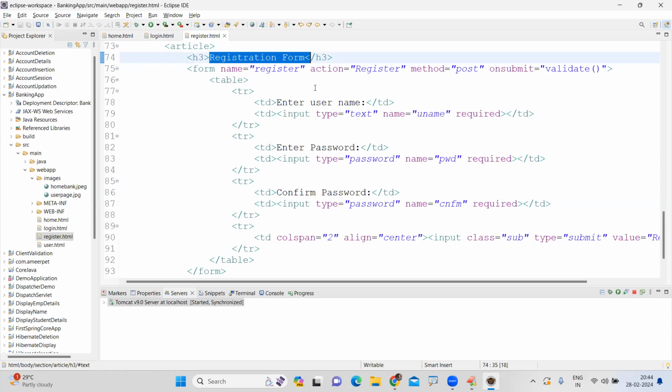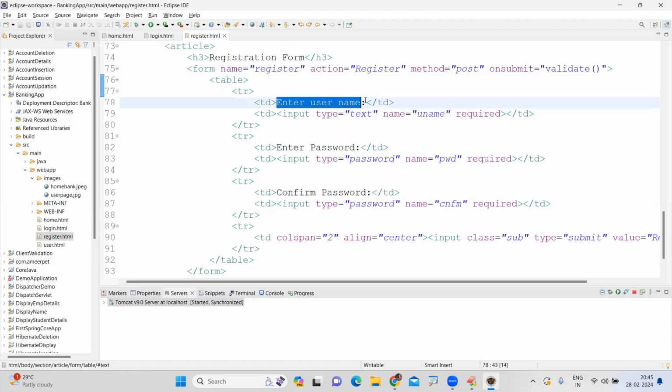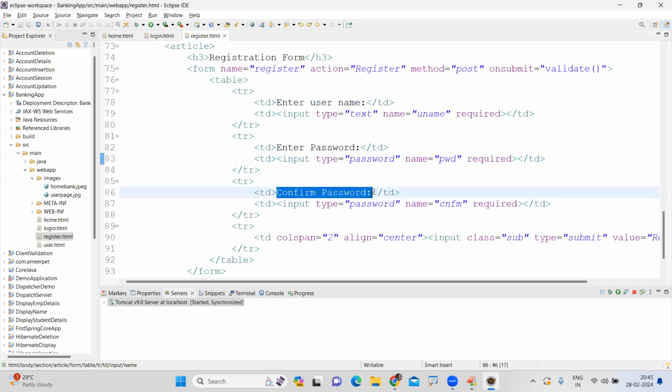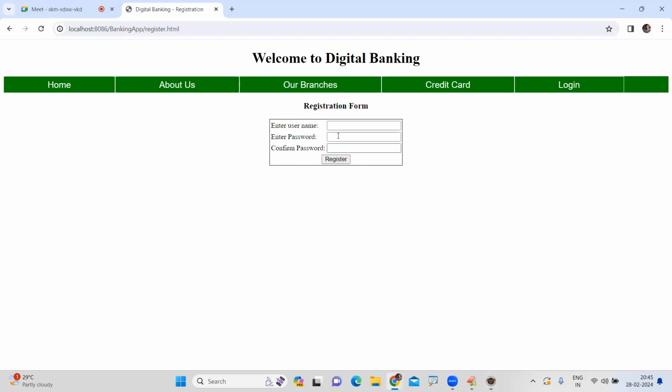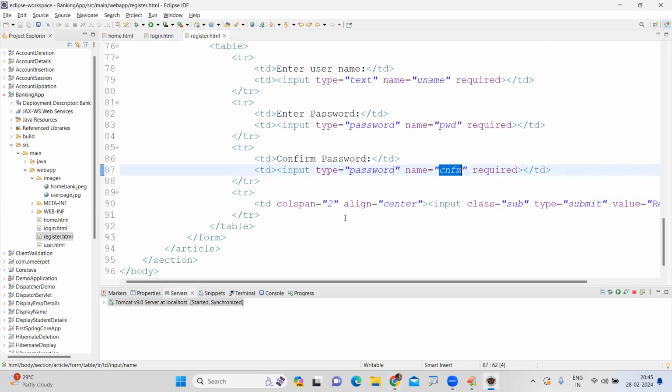Okay. And here, one thing we need to do. Enter your username, taking the username. Enter the password, of course taking the password. We need to confirm the password. Yes, we need to confirm the password. All the three. But look at this, before it submits